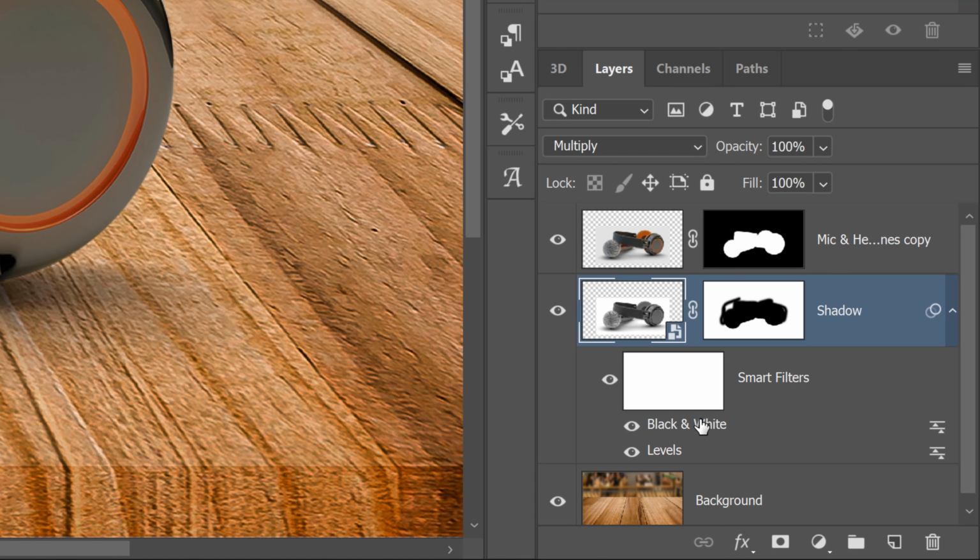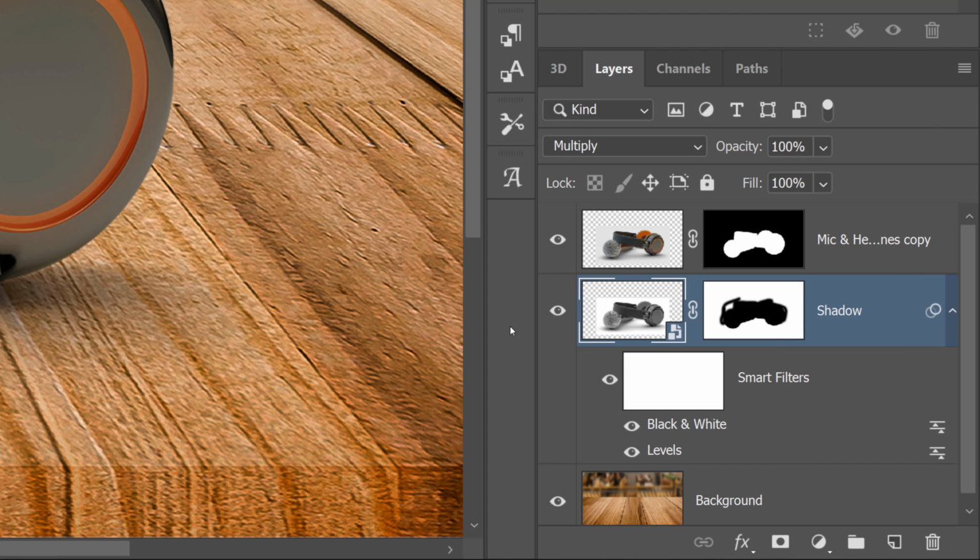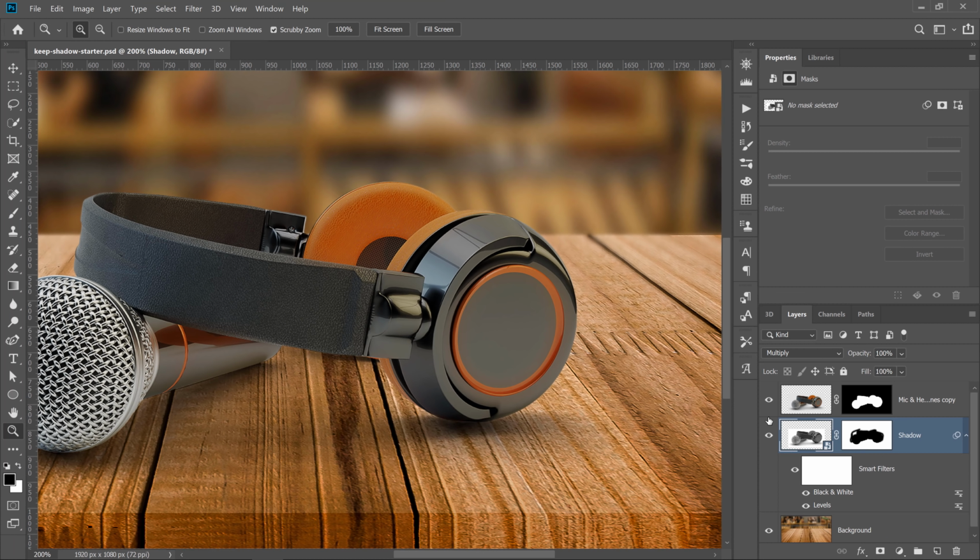Now, one thing I should mention is in older versions of Photoshop, you cannot apply these settings as a smart object. So what you need to do is just simply use the adjustment layer versions of that. So create a black and white adjustment or a levels adjustment and then clip it to the layer below. But in this case, in the newest version of Photoshop, we can definitely add these adjustments to a smart object. But anyway, let me show you what this layer looks like.